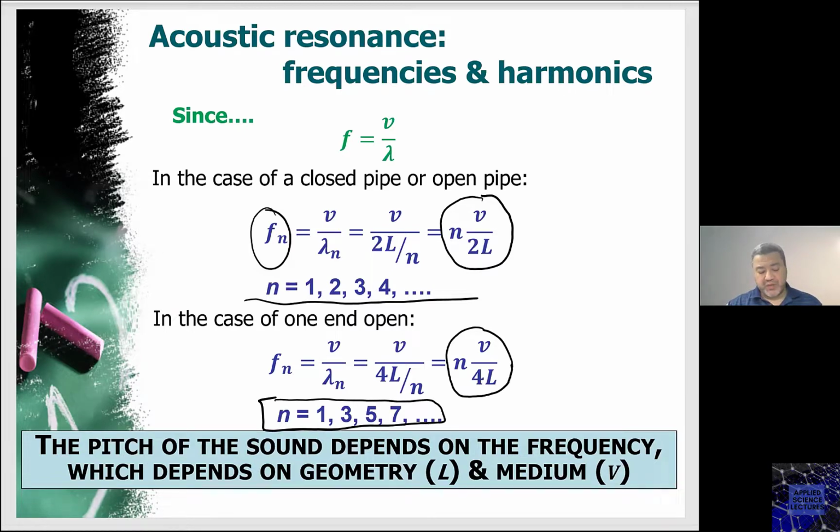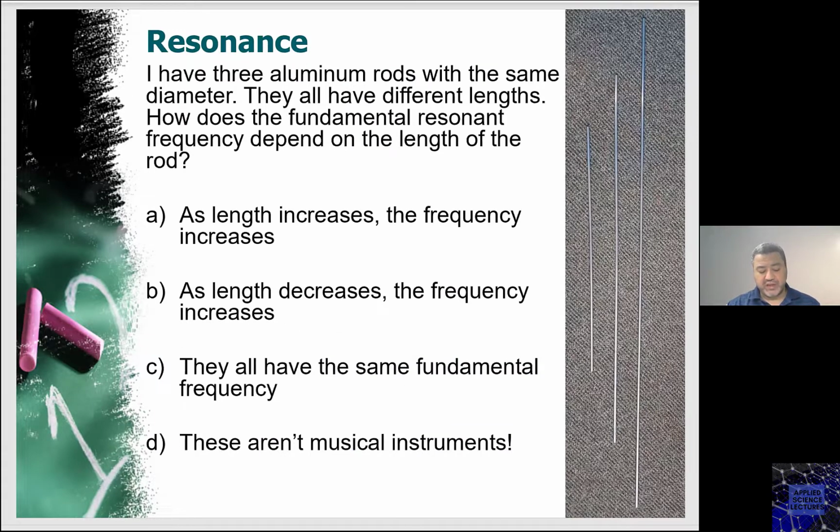Just to refresh our memories with the resonance, we have this question where basically the question says, I have three aluminum rods with the same diameter. They all have different lengths. How does the fundamental resonant frequency depend on the length of the rod? So here we have three lengths, and we know that the frequency